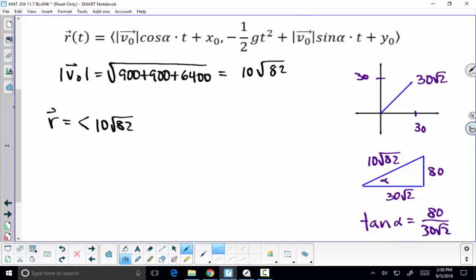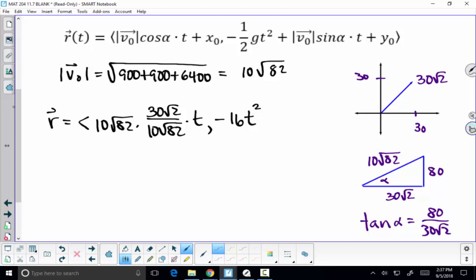Now that we've built that triangle, we can actually put cosine of alpha and sine of alpha in right away because we completed the triangle. So cosine of alpha is adjacent over hypotenuse. So we could absolutely do this: 30 root 2 over 10 root 82 times t. X sub 0 we said was 0, comma, minus, we're dealing with 32 feet per second here, so we're going to get minus 16. And then